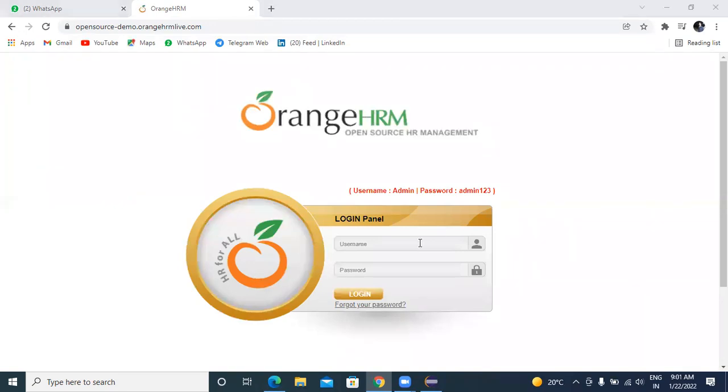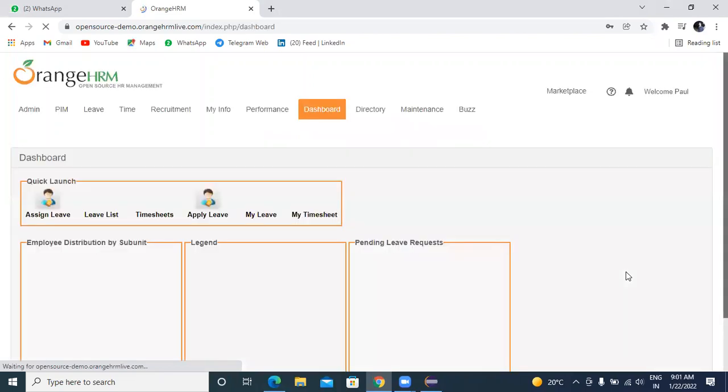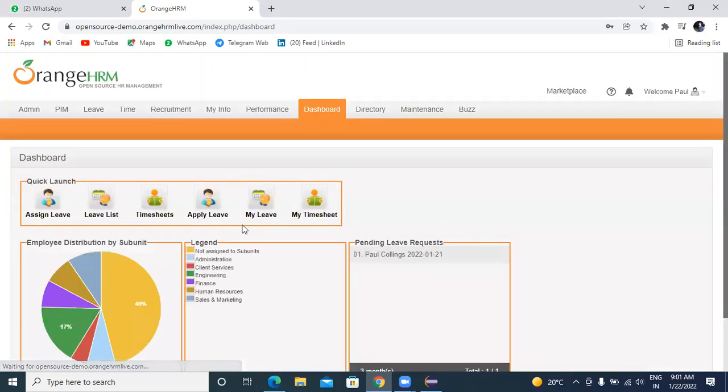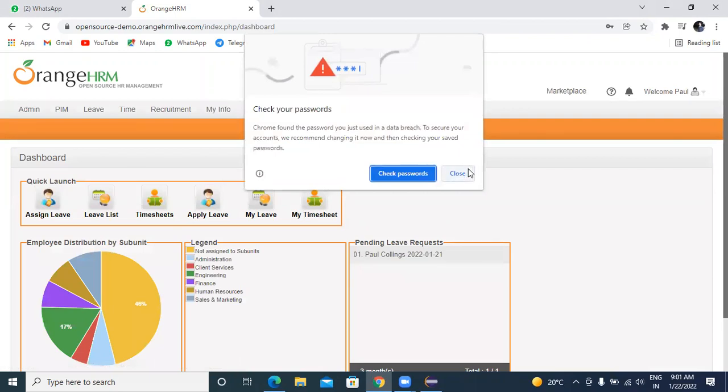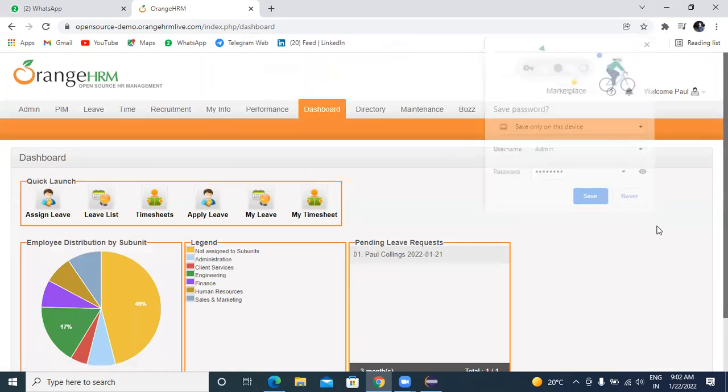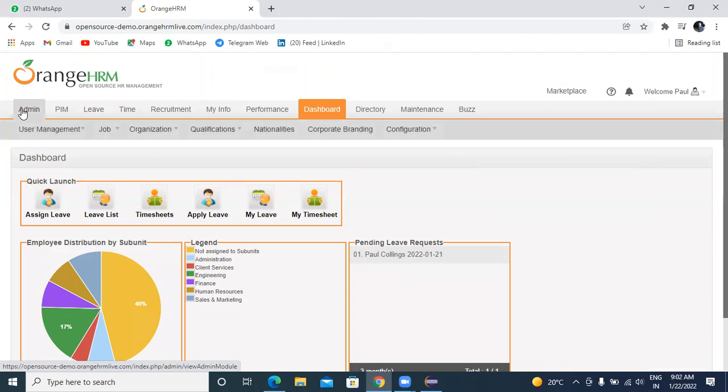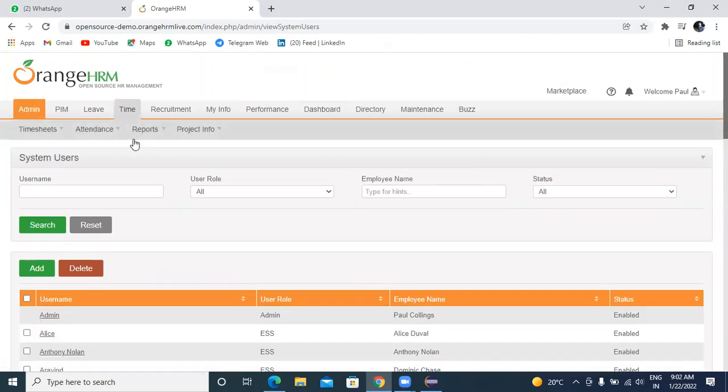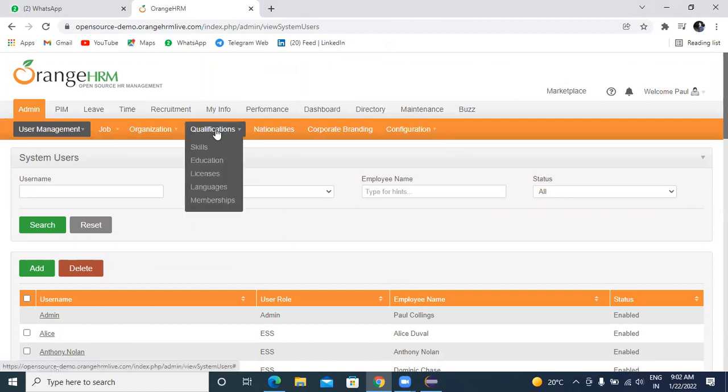So, I want to log in, and I'm clicking on login. And I want to automate a scenario. I want to go to admin, and I want to navigate to qualifications. So I want to click on qualifications.